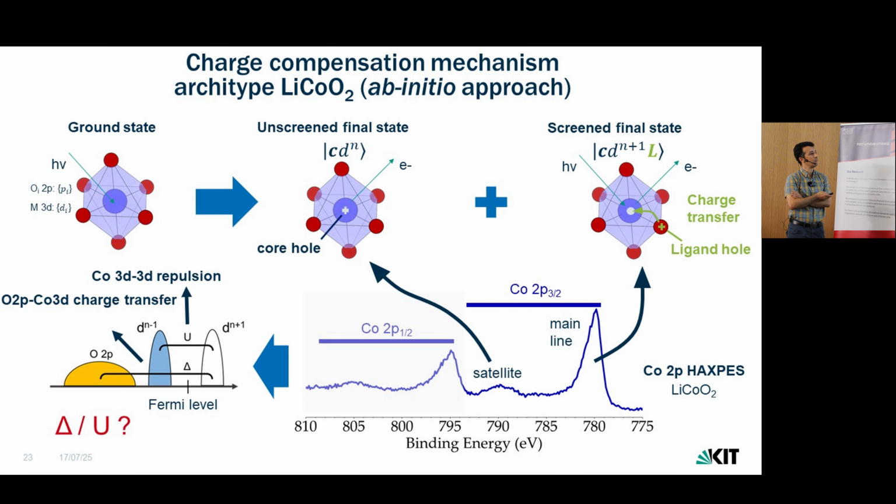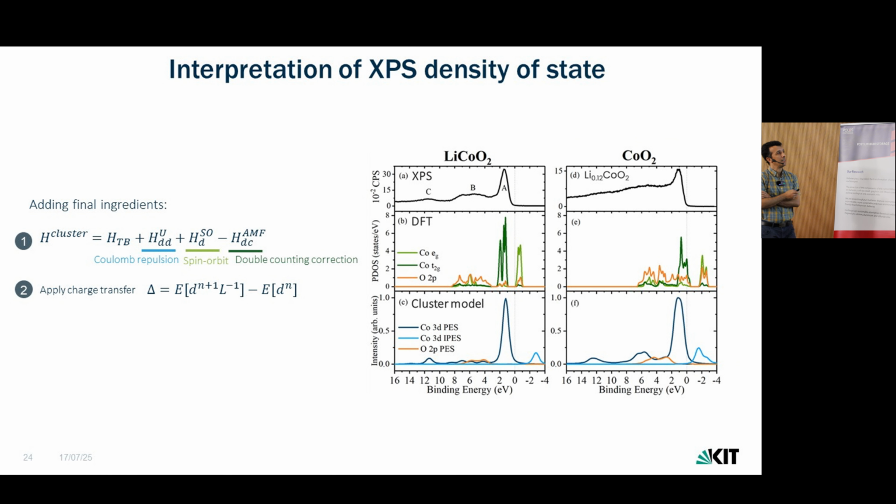I will move this. So what we will calculate by the end is the ratio between charge transfer and U interaction. So if we look at the valence band structure for lithium cobalt oxide, we have three features. If we take only classical DFT, we cannot explain these satellite features here, but with the cluster model, we have the partial occupation of oxygen, partial occupation of d orbitals, and the satellite structures. So we draw the picture of